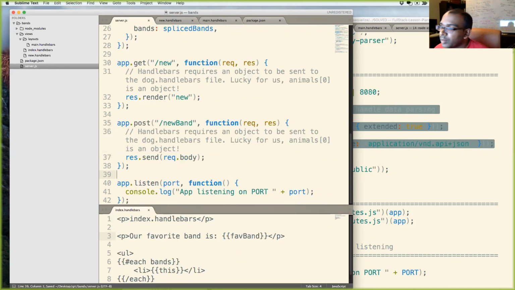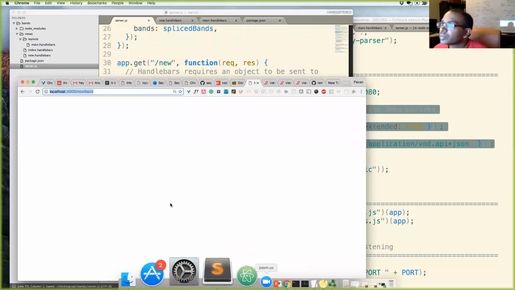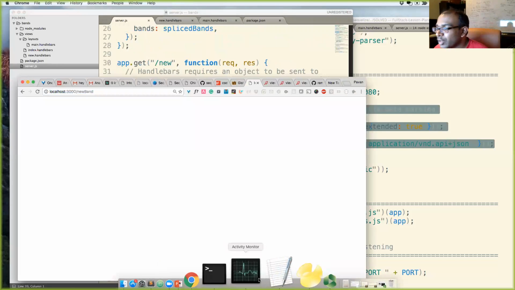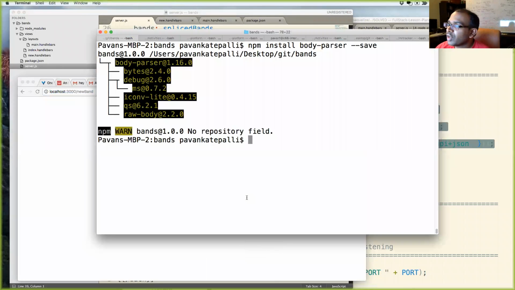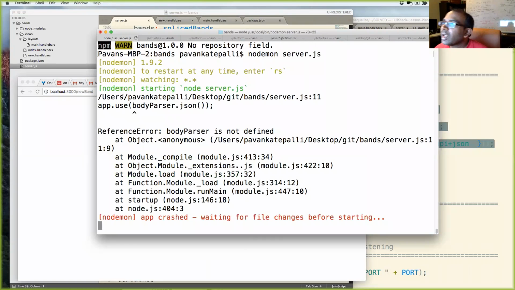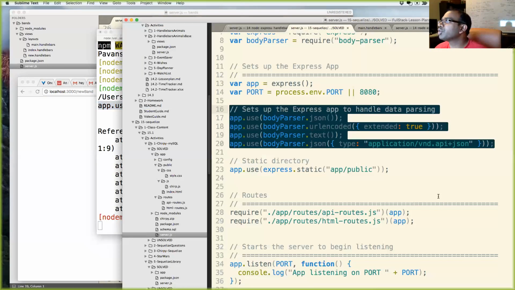Now let me try submitting something to this post route. Let's go back to the browser. Wait, I didn't start my server, so I have to do that. So I'll do nodemon server.js, press enter. And it says there's an error with body parser because I never defined that variable.